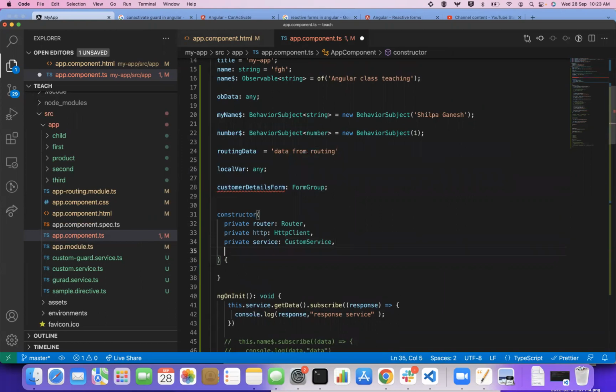Now there is one thing called form builder, which will bind all of them into one group. I'll just show you how it will work. We have form builder and it's of type